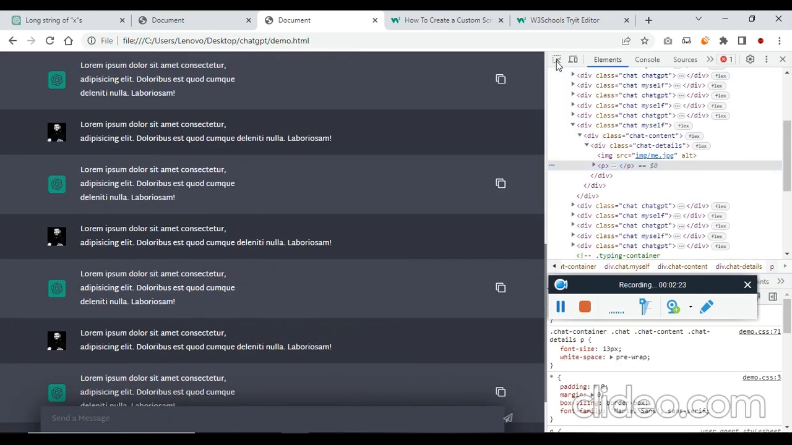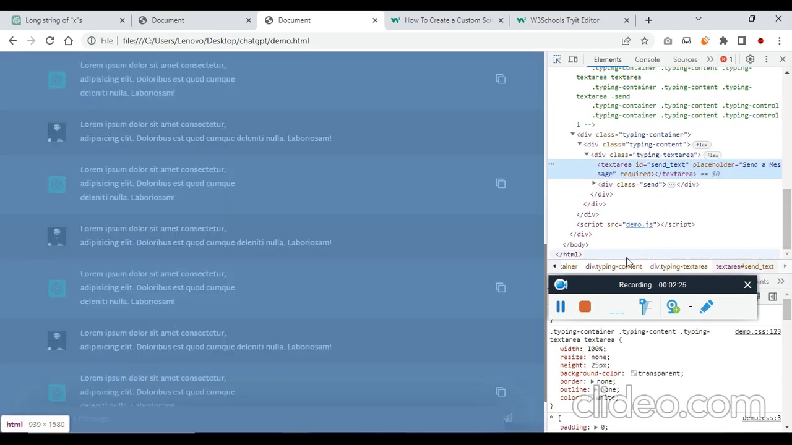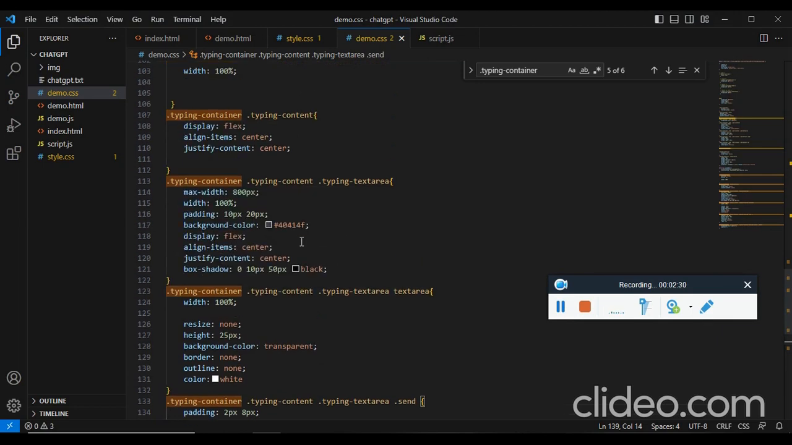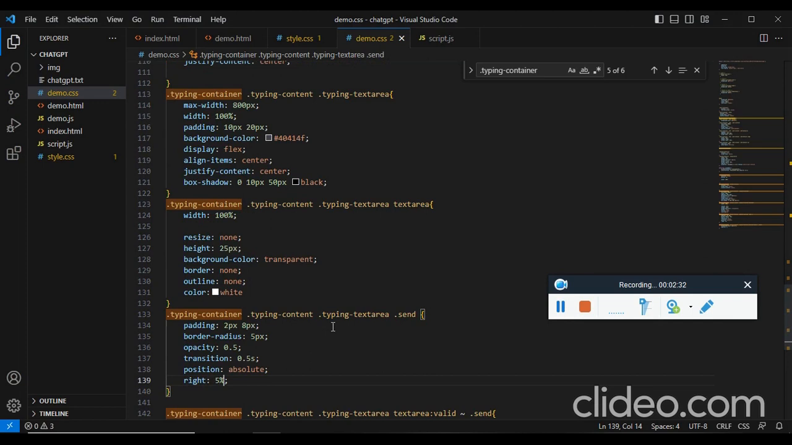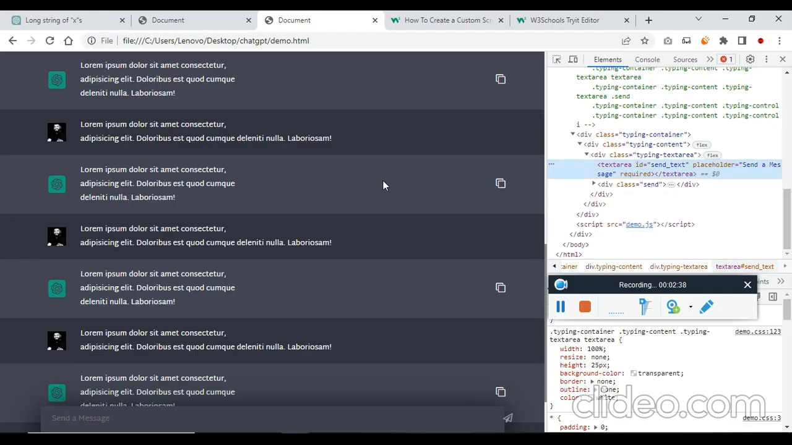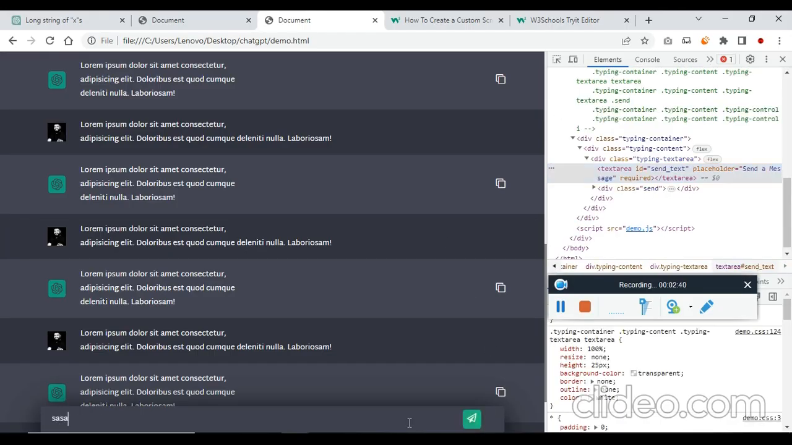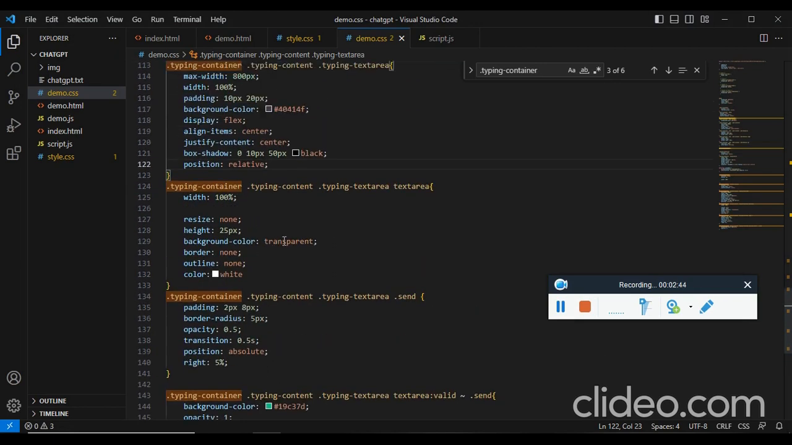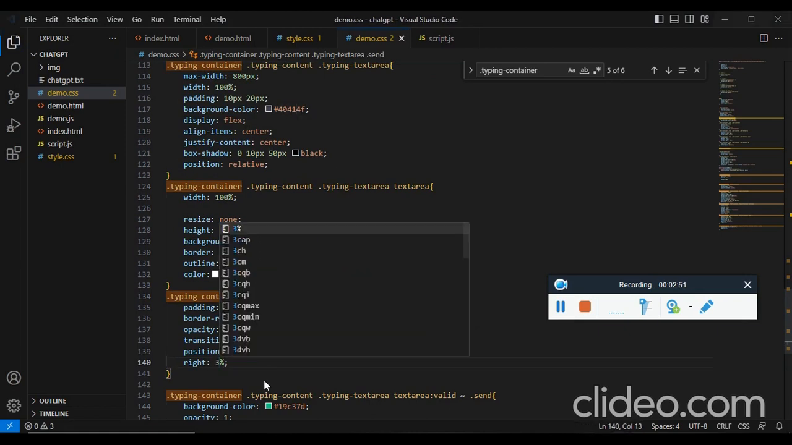The problem here is we have to define the position relative area, or else it will take the parent as a container. So where we have given width 800 pixel, yes, it's here. So we'll make this as parent. So position relative, and cool, that's working. Now I think the percentage is too much. Get into the send and reduce the percentage by 3,